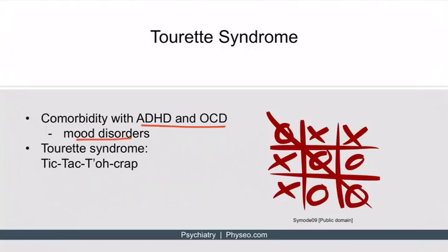Remember Tourette syndrome with the short phrase, tic-tac-toe crap. The tic should help you remember the presence of tics. Also, the oh crap part should help you think of coprolalia, or the blurting out of obscenities, as in crap. Additionally, if you can picture a tic-tac-toe board, think of the association with OCD with the O's, and ADHD with a child that has to be constantly playing games.